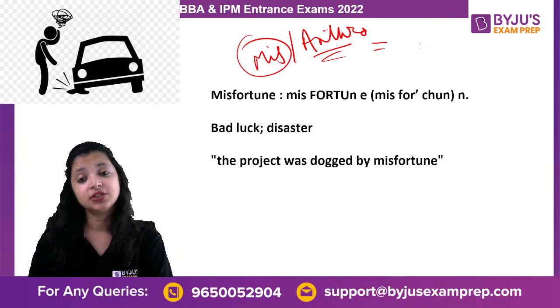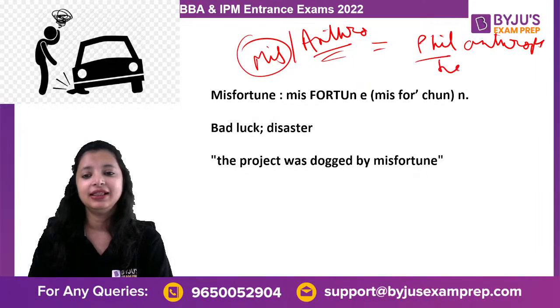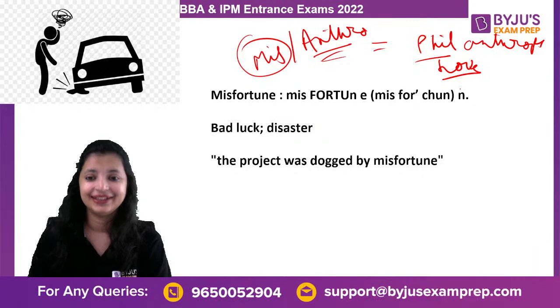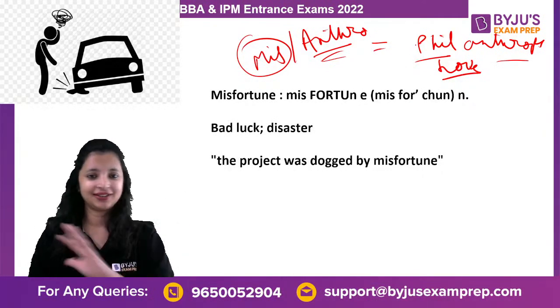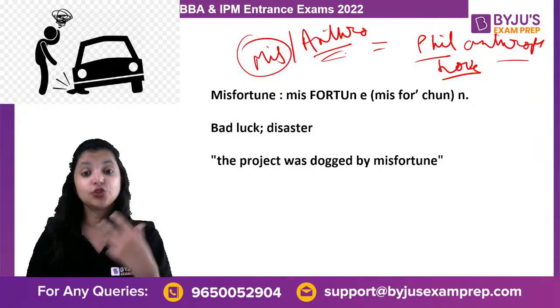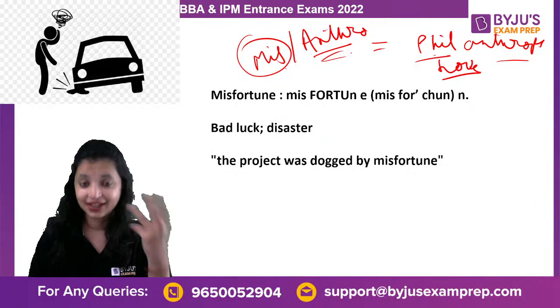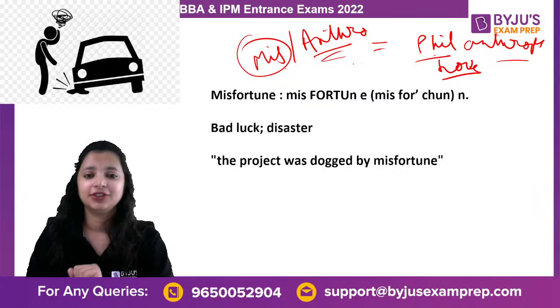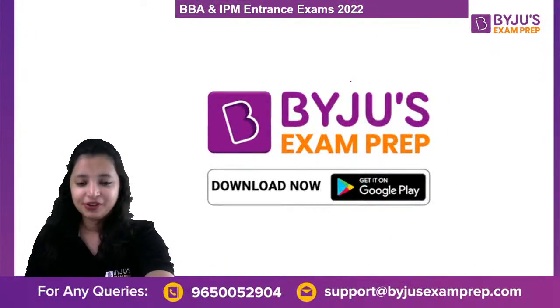और इसका ऑपोजिट हो गया philanthrope. Philanthrope. Phil means love. So somebody who loves mankind, does a lot of charity, is philanthrope. Yes. I hope you get these two new words, miss, phil, anthro. In fact, 3 new words out of the same technique that we are using, etymology. That is all for today's class.